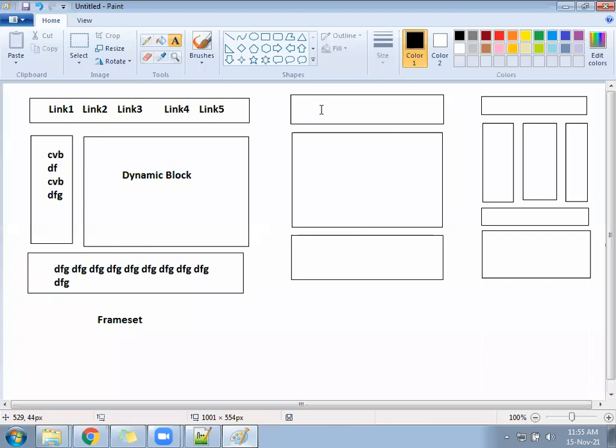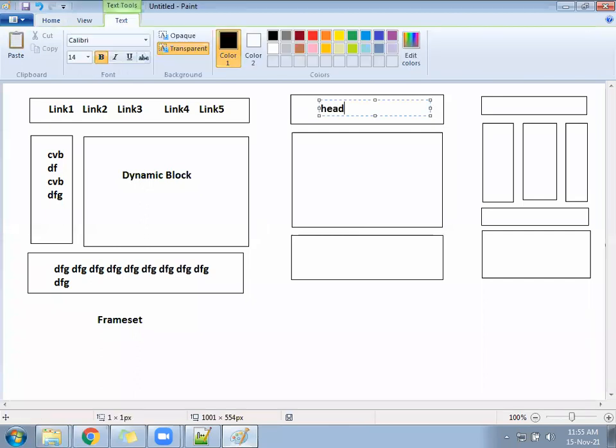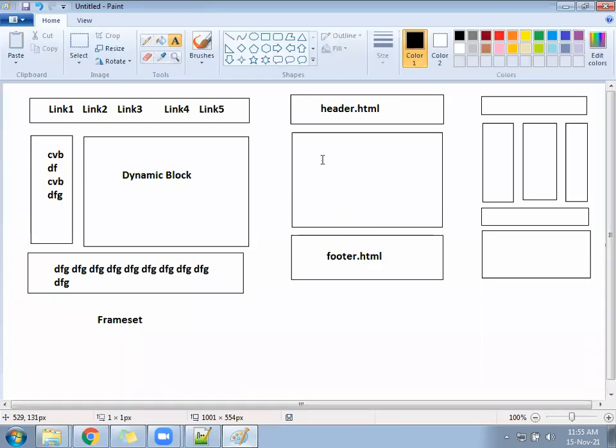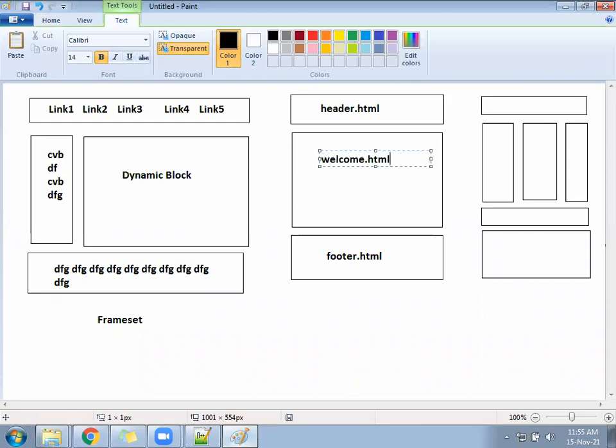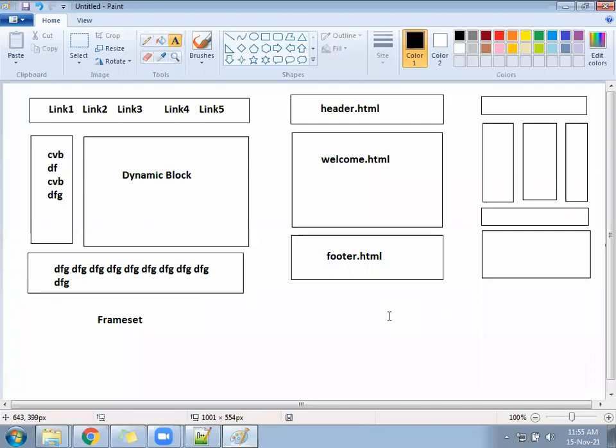Now under each block, you can call a file called header.html. You will have a separate file, and that separate file will fall under the first section. You will have one more separate file called footer.html that will fall under the last section. And you may have a welcome file that you can call under the middle section. Whatever content we have written under the header file will appear under the first block. Under the footer, whatever we write appears under the last block. And under the welcome, whatever we write comes under the middle block. But the files will be different.